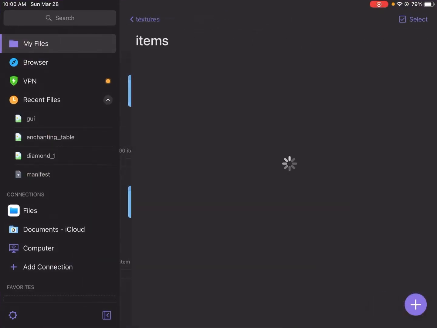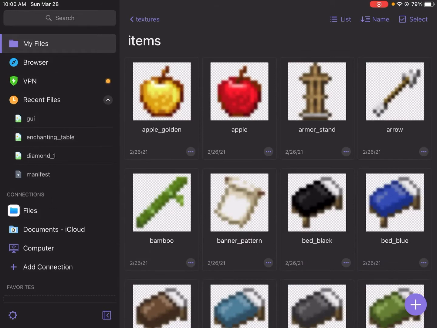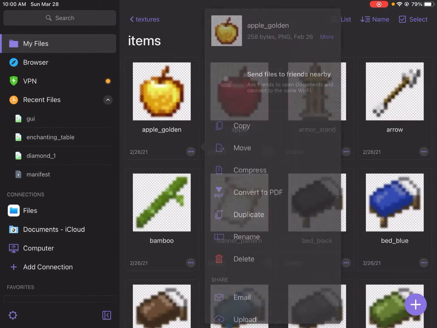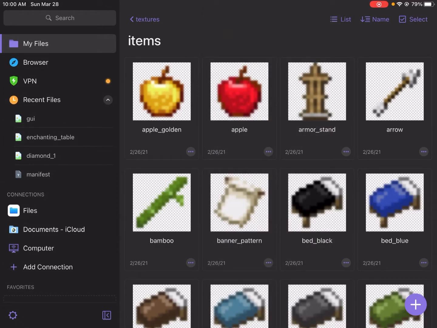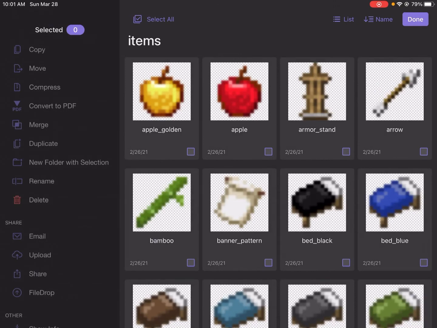So let's say I wanted to change, I don't know, the golden apple, okay? I'm going to first click the 3 dots and press share and press save image. Boom, I now have the image of the golden apple. But just in case you want to change more than one thing than the golden apple,